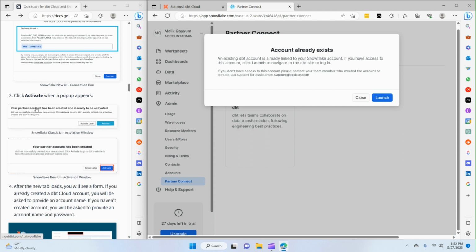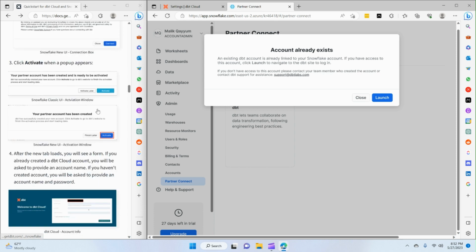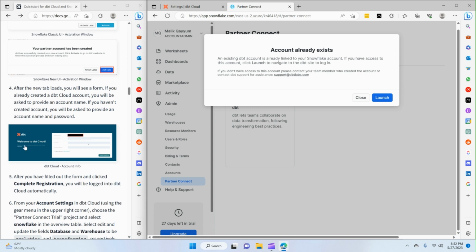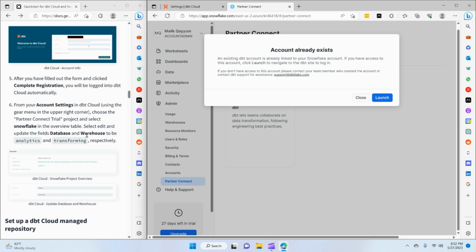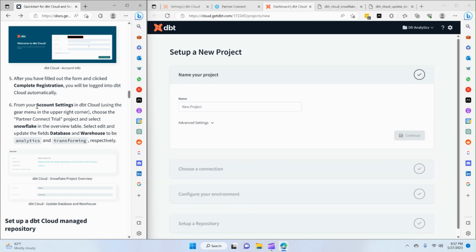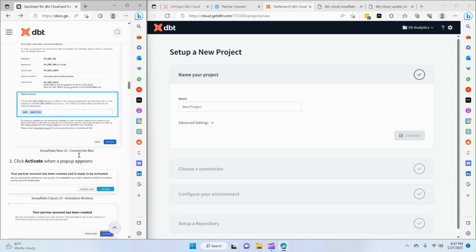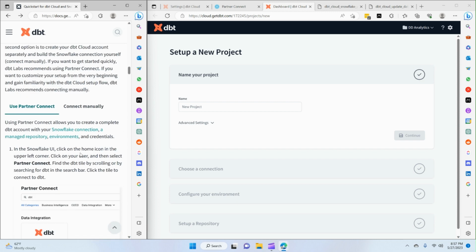It would be asking you to activate your DBT Cloud account, and it'll take you to the DBT Cloud website where you have to sign up, create an account, and then go to the account settings of the DBT Cloud to set up a Partner Connect trial account with the relevant database and warehouse information. This process is somewhat similar to the manual one, and I'm going to go with the manual one so you can have a deeper